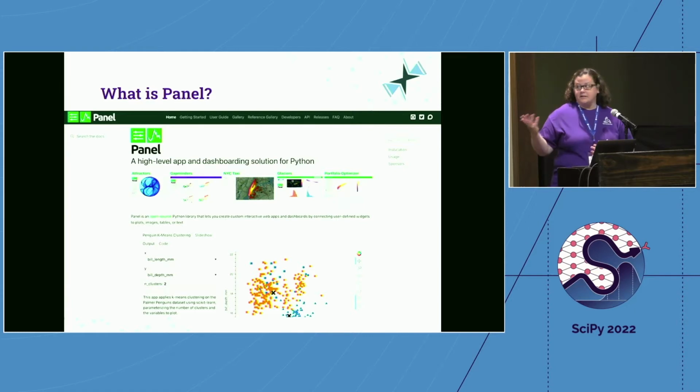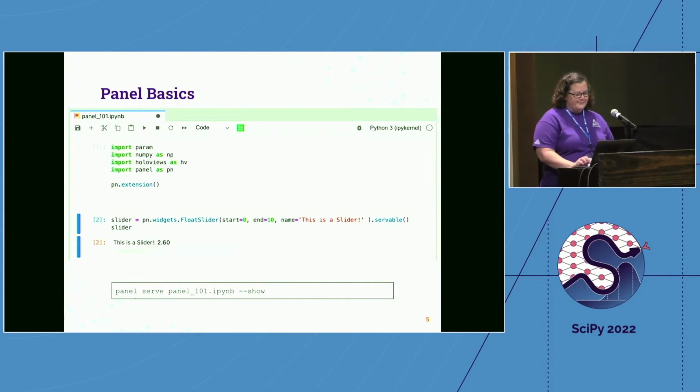So it's part of the Holoviz stack, and it's just a great tool because it allows you to iterate in JupyterLab, it gives you a quick prototyping environment, but then also using that same exact code, you can deploy it as a web app. So this talk is really more about the more complicated side of things, but I imagine that some of you don't know what Panel is, and so we'll talk about the basics really quickly, but